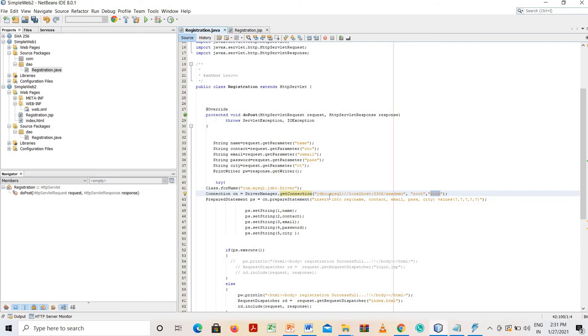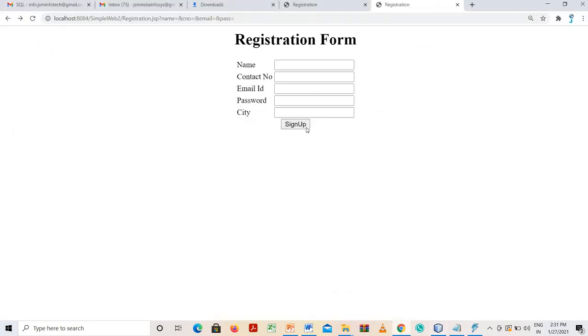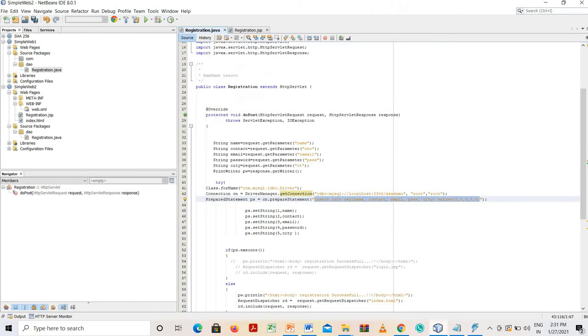You have prepareStatement. What is the query? Insert into. Now this is the registration or sign up action. Means what? Whenever you click here on sign up, what action will be performed? Whatever your information is will get inserted into the database. This is the insert action. So we will require the insert query of MySQL. What is the query? Insert into table name, in bracket column names, values. This is the keyword, in bracket values.